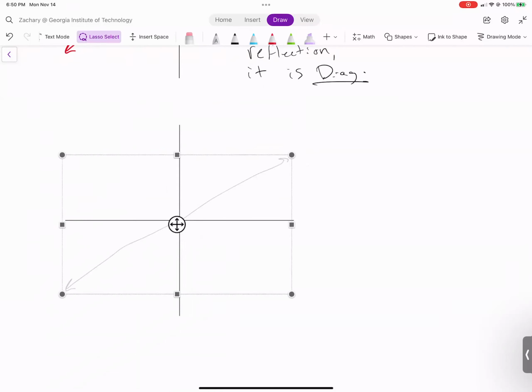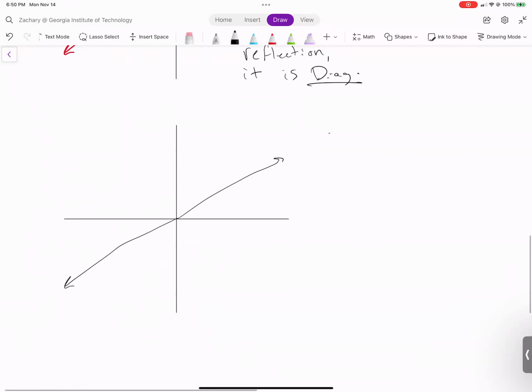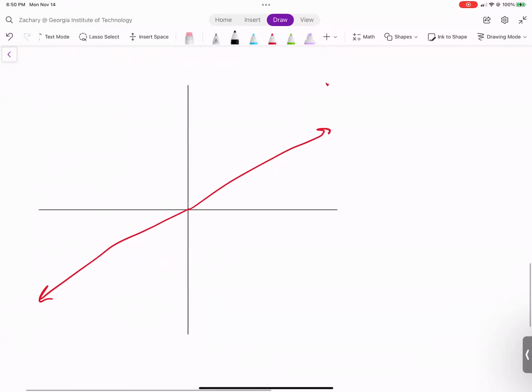Any questions on reflections? Okay. On that same vein, let's talk about projections. Now, if we project onto this,